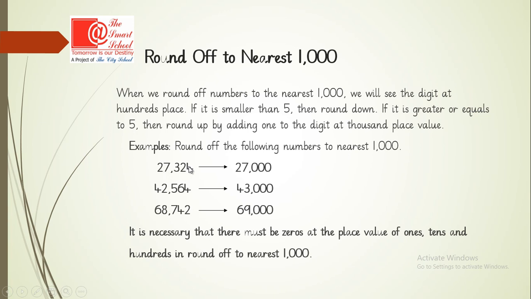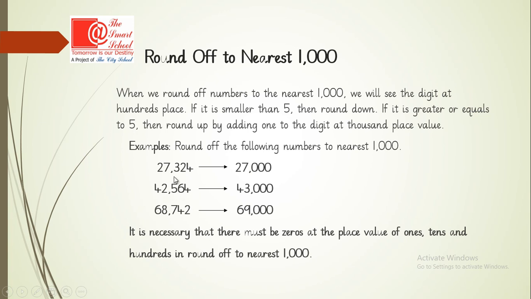27,324, because we are rounding off this to nearest 1000. So we will look at the digit at hundreds place value, which is 3 over here. So 3 is less than 5, so we will round down. So the 7 will remain the same. So the number is 27,000. The rounded off number of 27,324 is 27,000. Now next number is